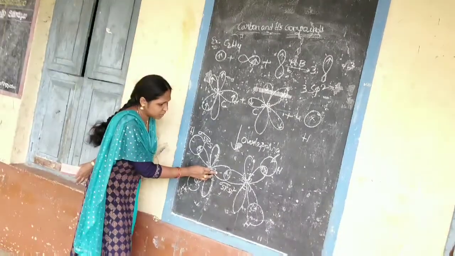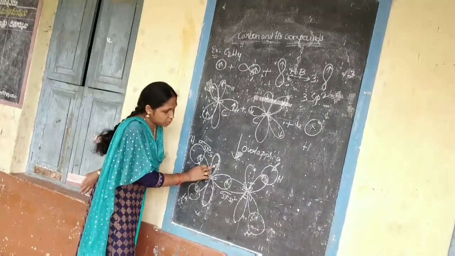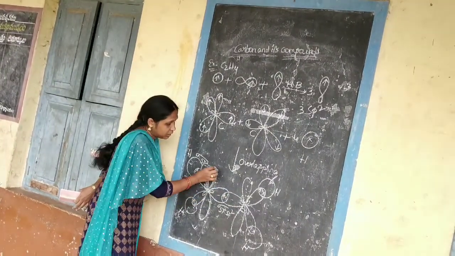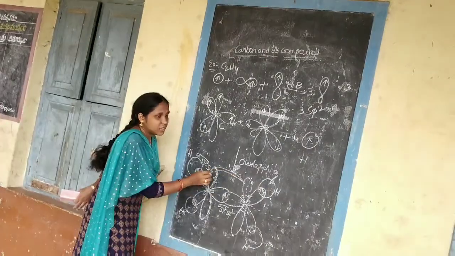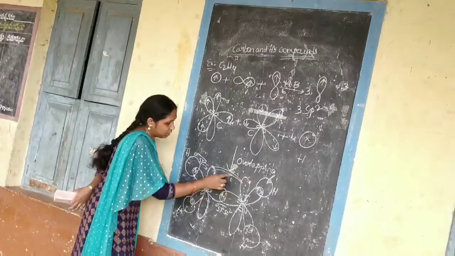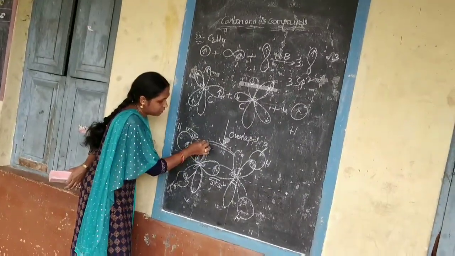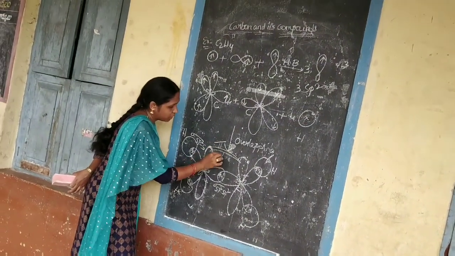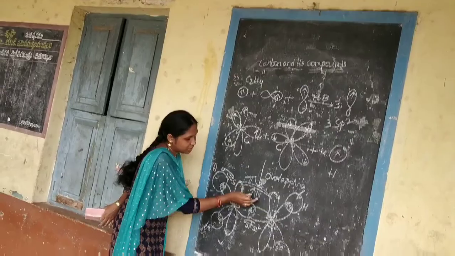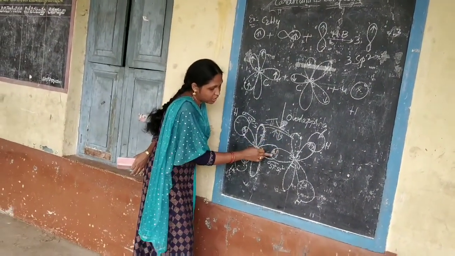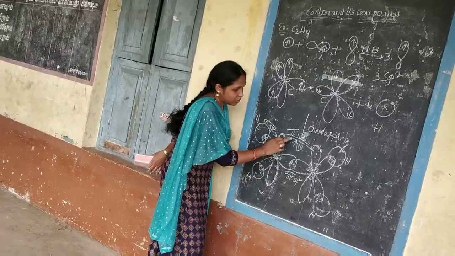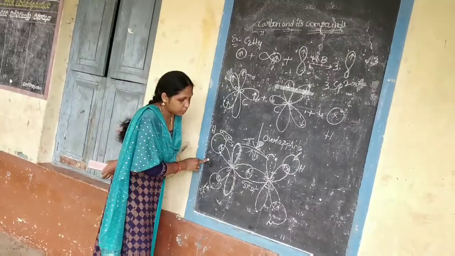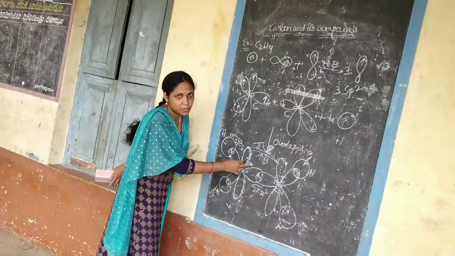Perpendicular to the plane. So that's why the pz orbital of one carbon and the pz orbital of the other carbon, both are perpendicular to the plane, but they are in the same plane with a distance. So that's why they bend and make a sidewise overlap and form the pi bond. They overlap sidewise, not end on end. Sidewise overlapping forms a weak bond. That bond we call a pi bond. This bond we also call a banana type bond.